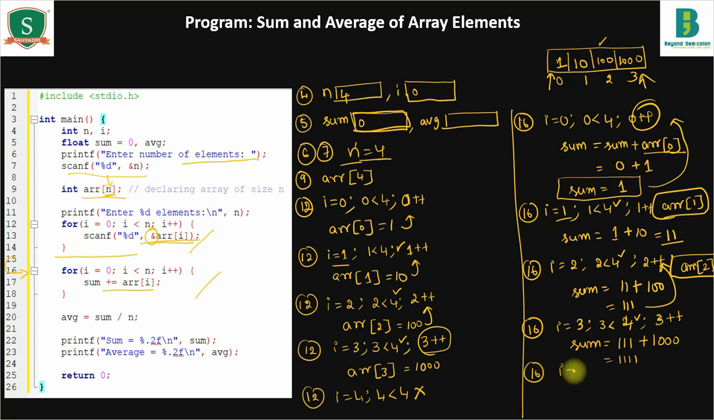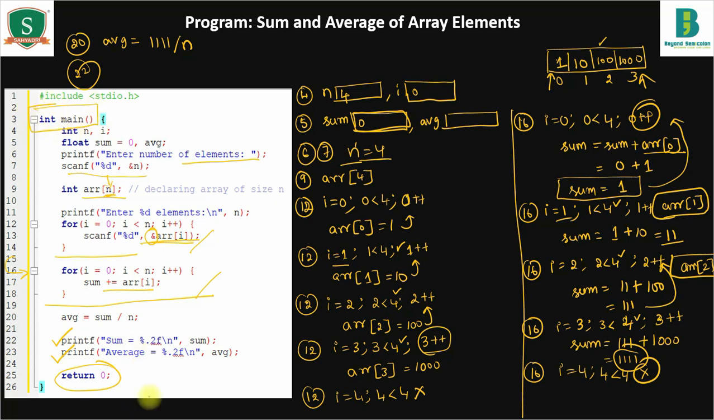16th statement, I is equal to 4. 4 less than 4, condition failed. It comes out of the loop. If you observe the 20th statement, I'll be writing here. 20th statement, average is equal to sum, currently sum value divided by n, and the 22nd statement prints the average value that we are calculating here. Then return 0. Since we have declared the main function with return type integer, we should not forget to